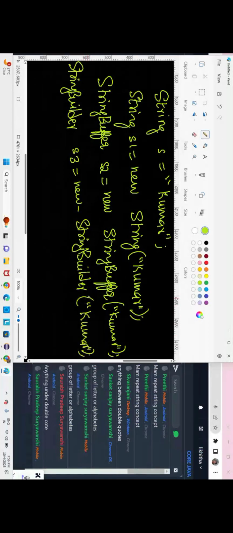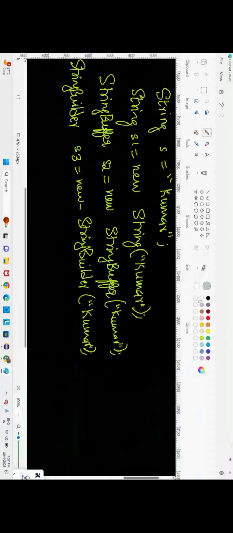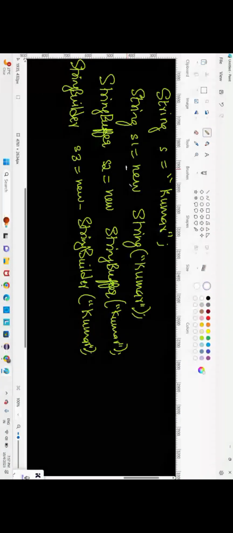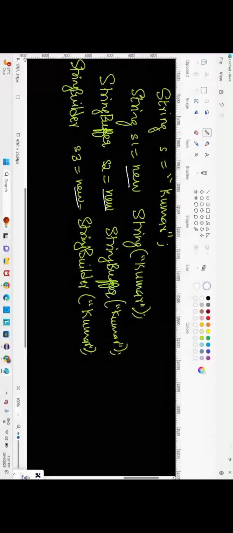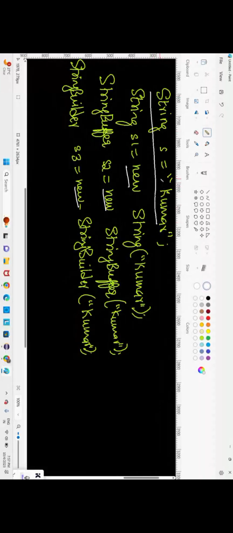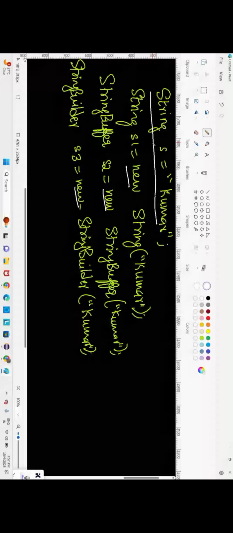Listen carefully. These are the four ways of creating a string object or a string instance. This is how you create an instance for the string. This is okay because you know the new keyword creates an object. But how come here we are creating an object? Just now I told you. If you're using any data, whether it's in a printing statement or in a normal variable you're storing,